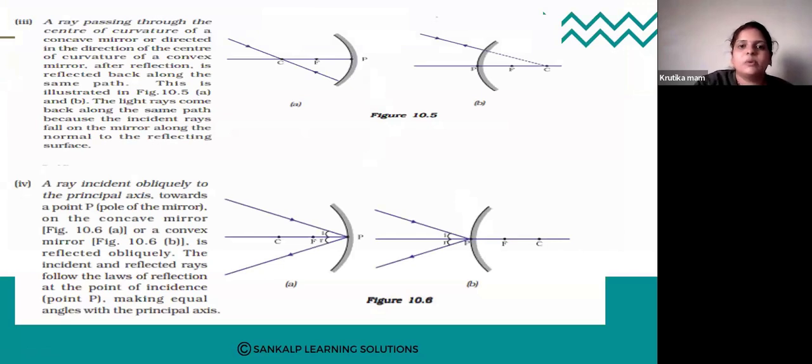Yes, so here we have four different cases. Here just now you have seen one experiment, how the images are formed by that. So once again, you can go through the experiment, students. If you have any doubt, you can ask. Otherwise, we will meet in the next class with the image formation by the concave mirror and the convex mirror. Okay, so you can go through this experiment once again.